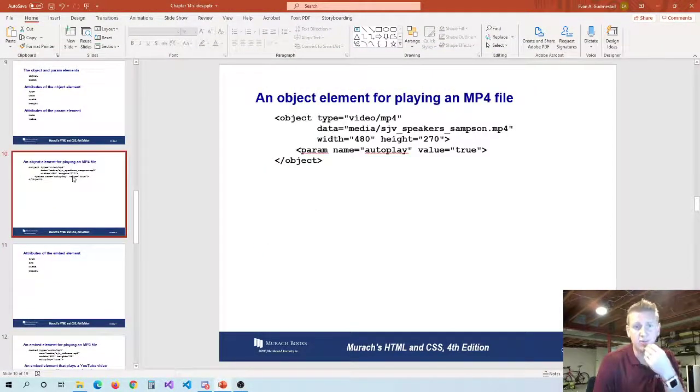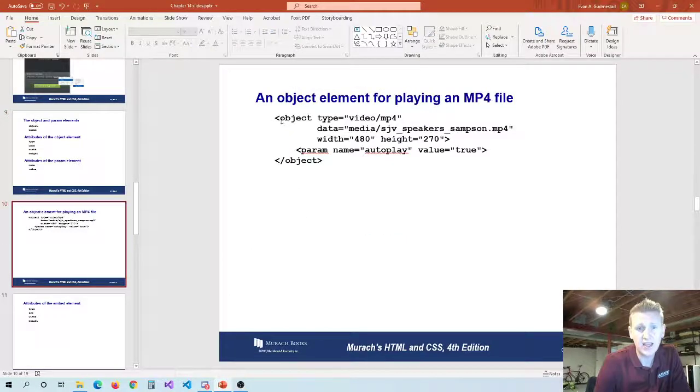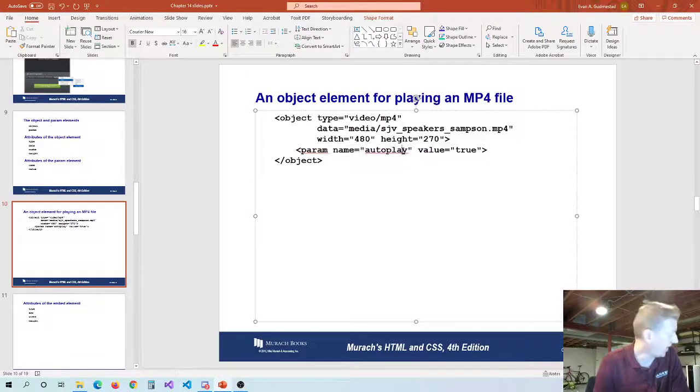Okay, getting back to the ways of coding this, the object tag, and you would nest a param tag inside of it that would have options such as autoplay. And that autoplay, I'm sure we've all been to a page before. Most end users find auto-playing video and or audio very annoying. So please, before you code a video to autoplay, consider that most end users find